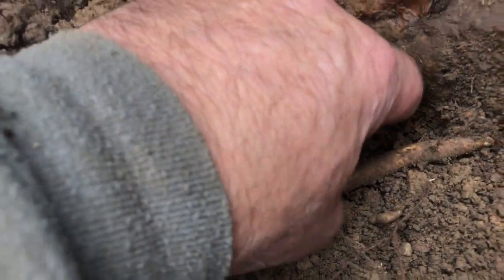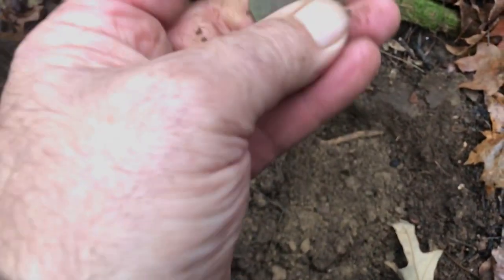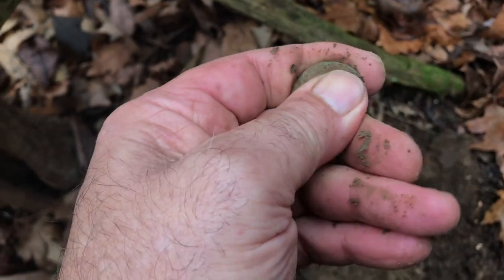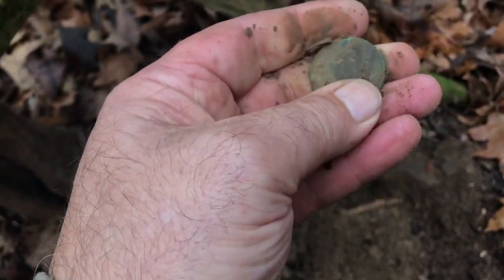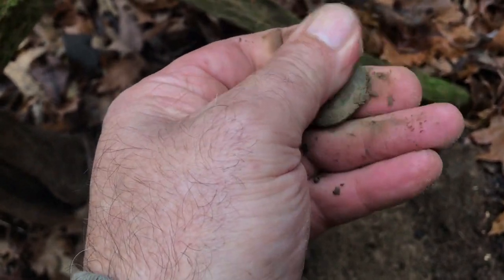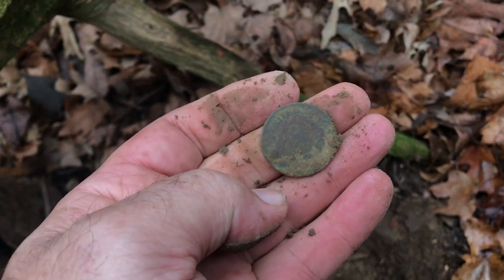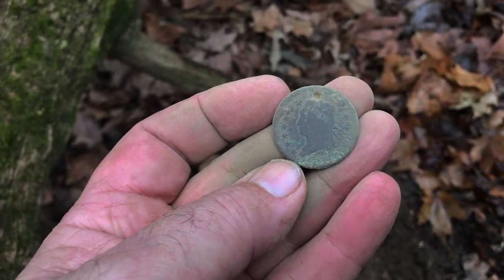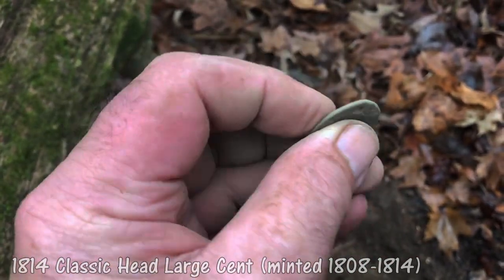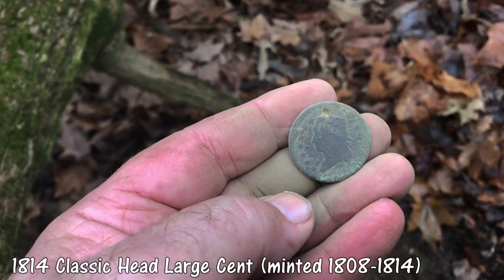I don't know if that's a button. No, it's not. That's a large cent. Dead gum. Another large cent. Let me get it cleaned off and I'll get right back to you. That's what it is. A large cent. And I think they were trying to put a hole right there. It's not all the way through, but